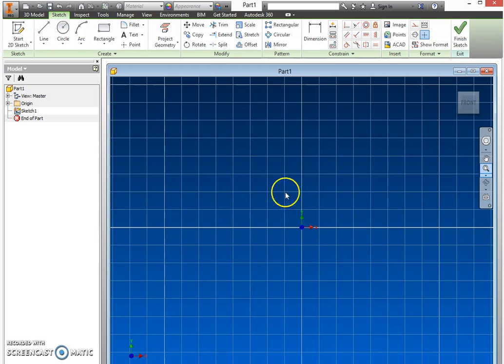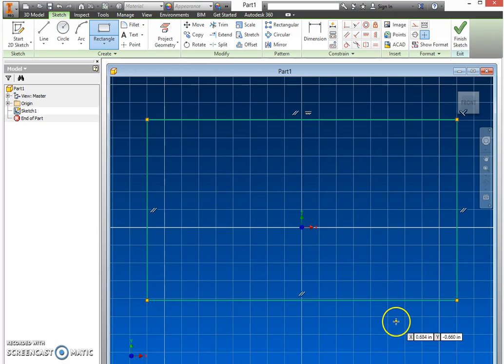And the first thing we need to do is draw a rectangle. So I'm going to select the rectangle tool, click in the upper left hand corner, drag to the bottom right, click to place the dimension, right click,